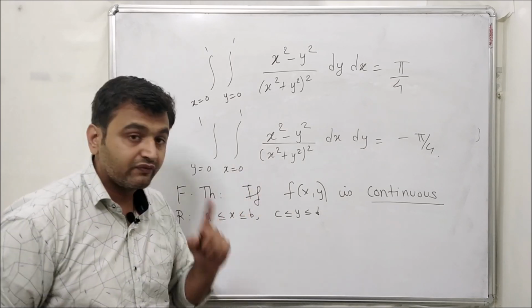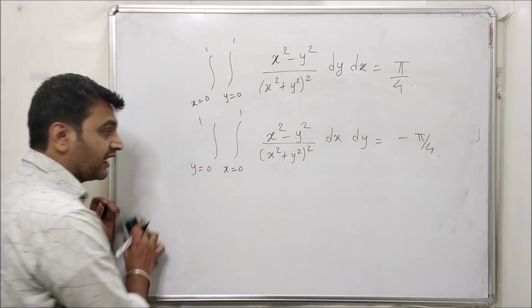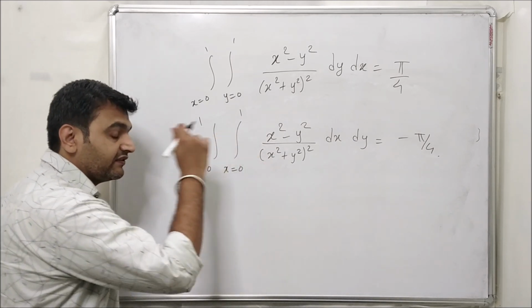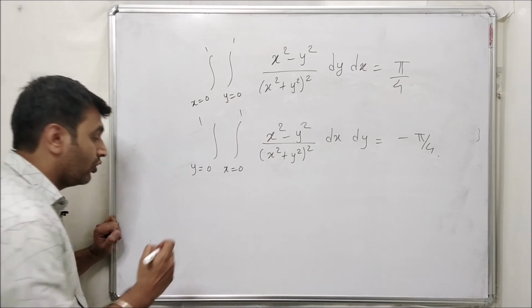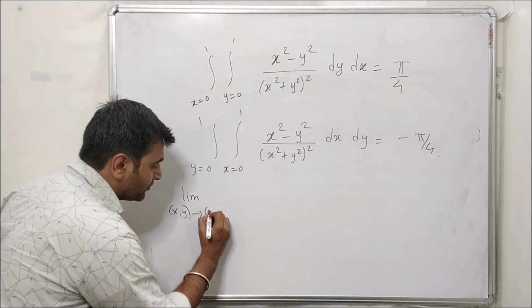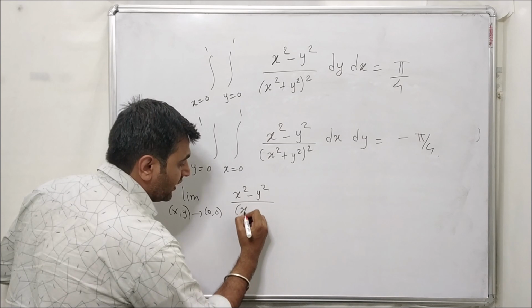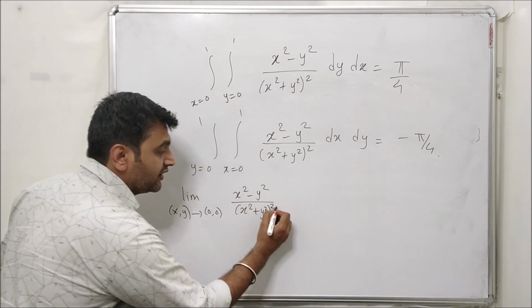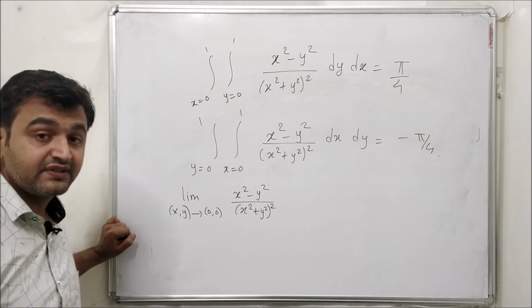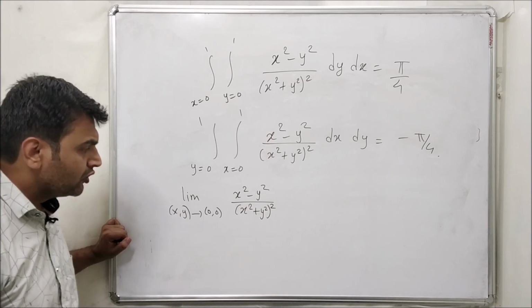So here that means your function should not be continuous over the given region R, and that is the correct fact. If you observe, the function is not defined at 0 0. In other words, if I try to find the limit as xy approaches 0 0 of the given function, then it does not exist. And how do you prove that? If you recall my playlist on functions of several variables, there we have seen how to show that a limit does not exist. You choose a path.